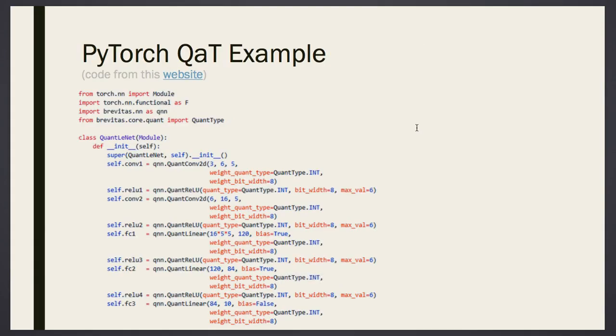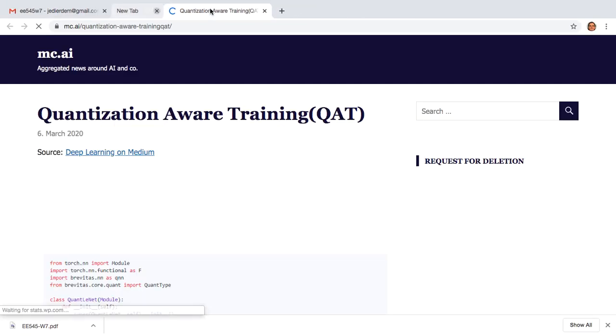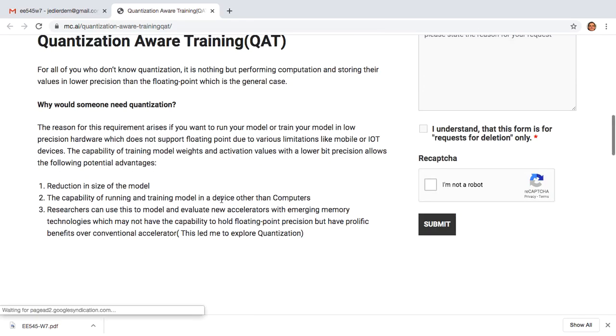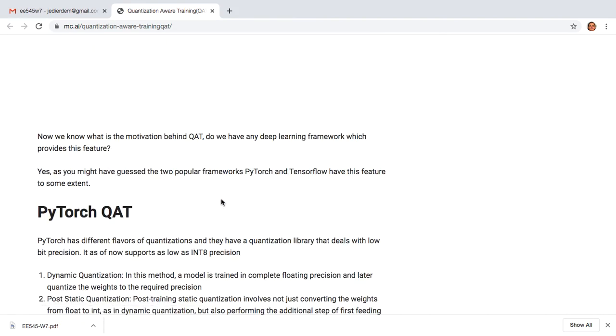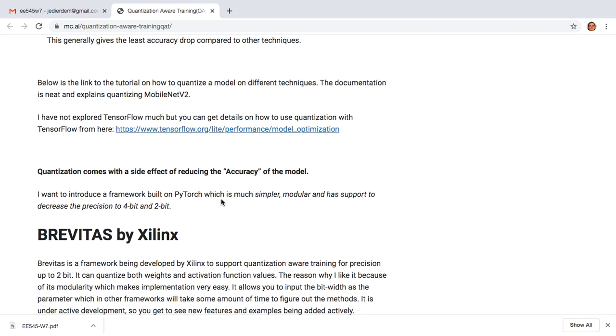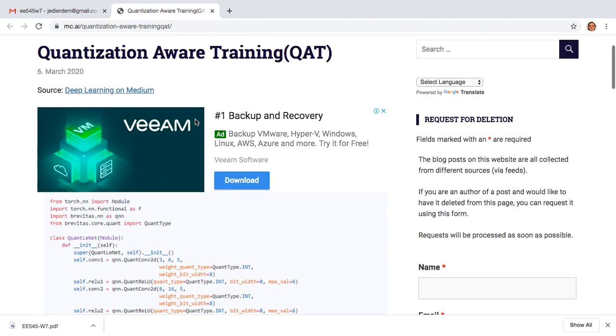This is a PyTorch quantization-aware training example. I found this from this website. It's a very nice website. I strongly recommend you just go over this website because it gives very useful information. Not something that we haven't covered in our lectures, but it will be a nice preview, and it talks about this library of Brevitas. Brevitas is a library designed for